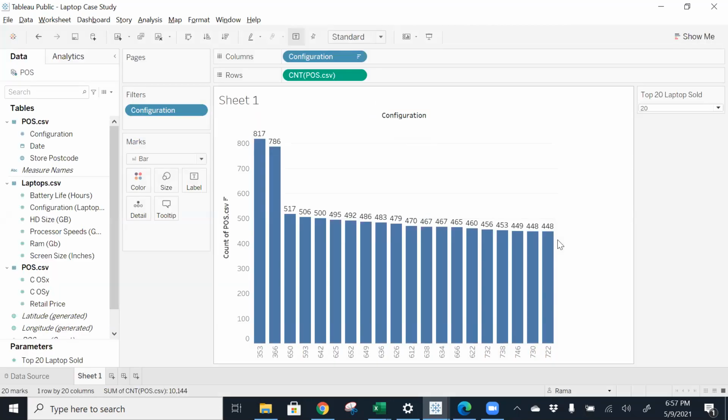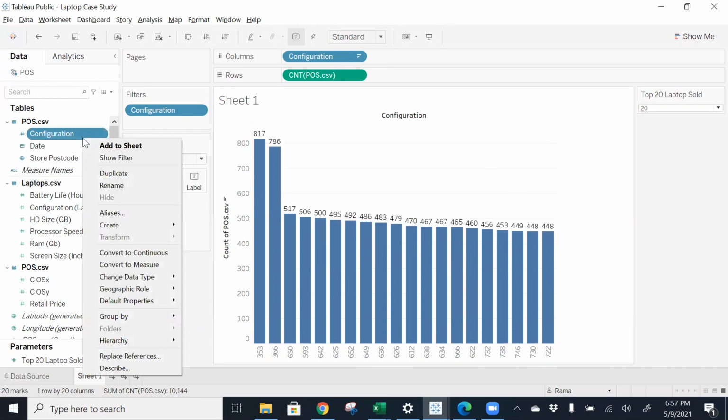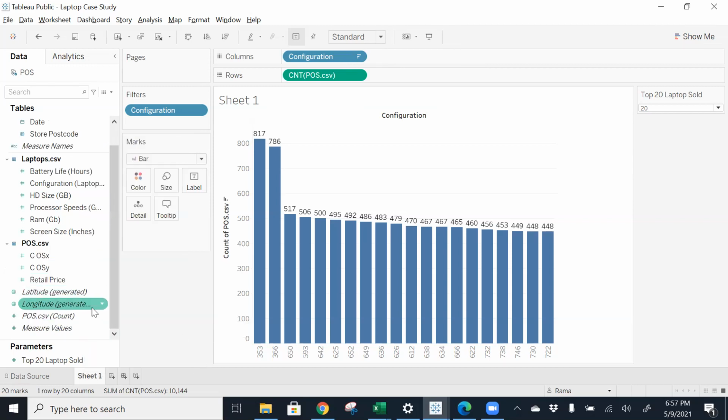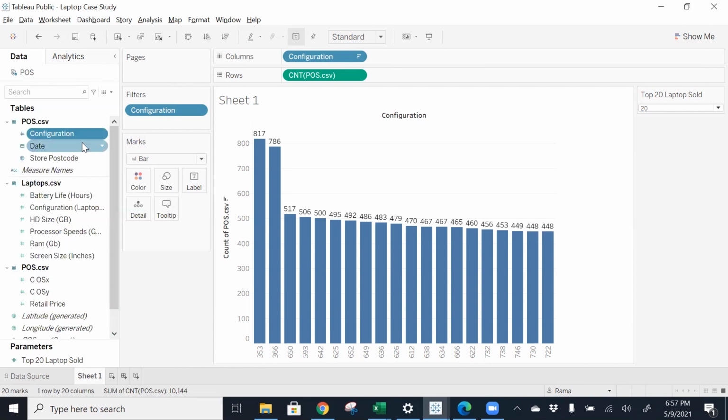Okay, so how will you be able to do it now? What technique should you use? In the configuration, right click. Hey Rama, can you try going in configuration and create group?